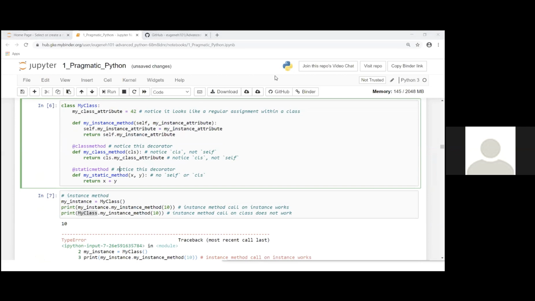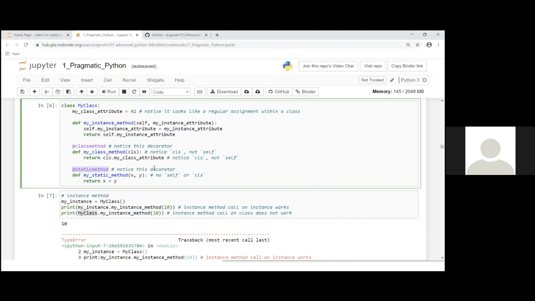Notice that converting an instance method to a static method makes it basically just a regular function.